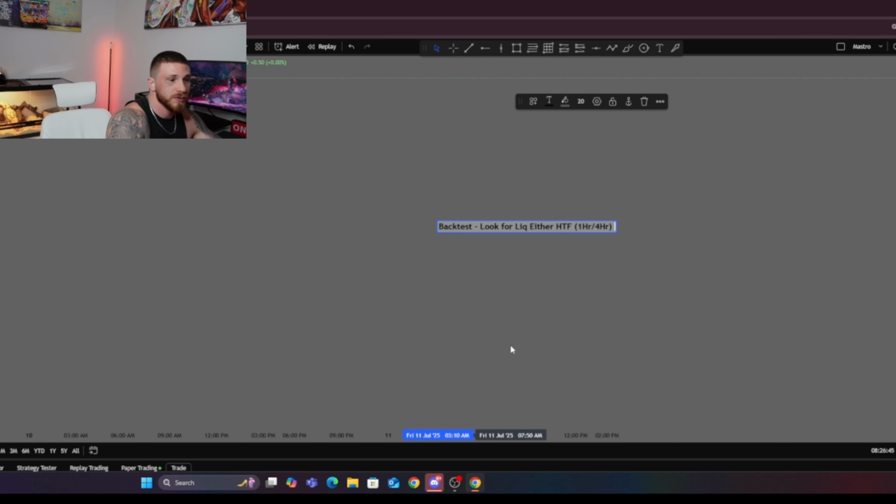Look for a liquidity sweep, either high. Let's do two of these. I'm sorry, Trevor's barking too. Bear with me. Look for a liquidity sweep on the high time frame, 4 hour and 1 hour, right? Scale down to the 5-min. Look for a break of structure, then a fair value gap fill